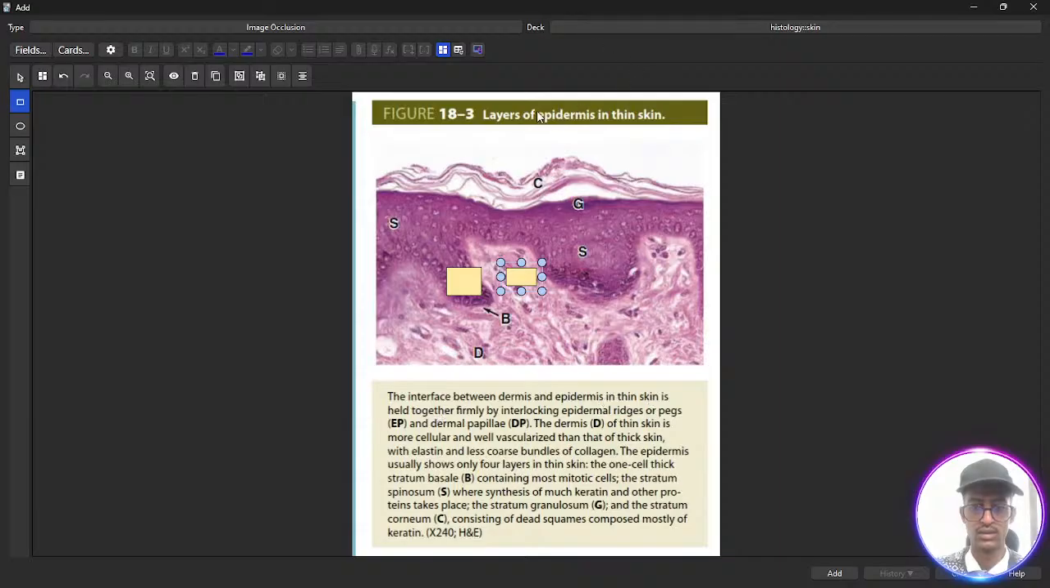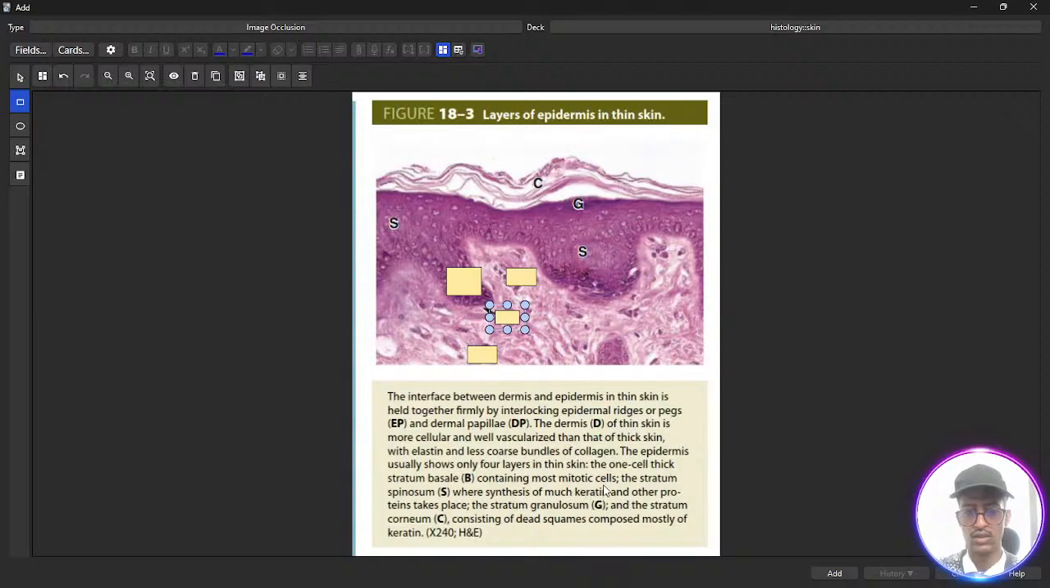What is this? This is epidermis of thin skin. Okay, the dermis. The dermis is more cellular and well vascularized than that of thick skin, with elastin and less coarse bundles of collagen. The epidermis usually shows only 4 layers in thin skin. The one-cell thick stratum basale, B, the stratum basale,